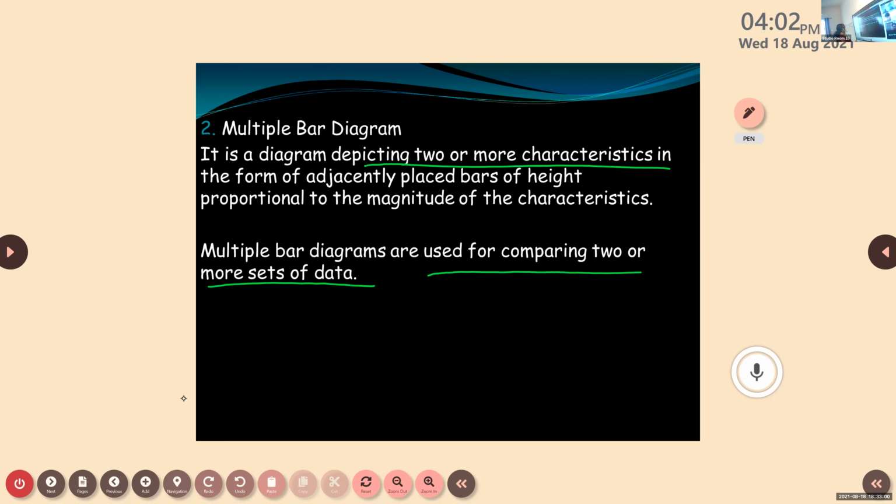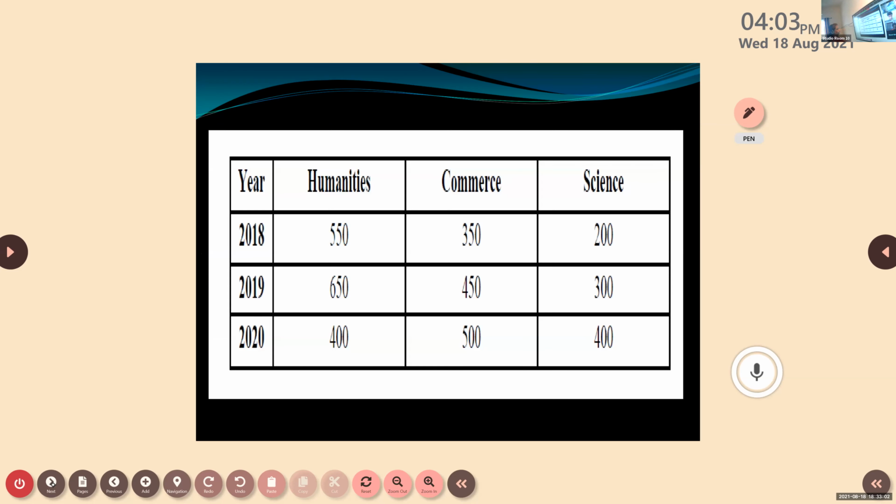Okay, ma'am. Now copy down the question. Okay, I will remove the screen. That's why I'm telling, just copy down the question. See, the question should be copied down. Otherwise, afterwards, when you see the graph, you will not understand how we have done that. Have you copied? No, ma'am.